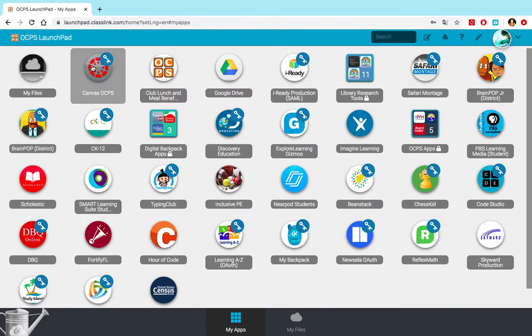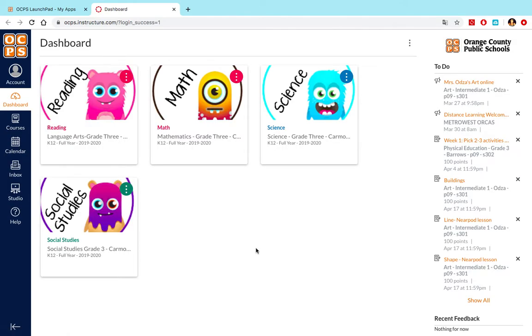Once on their Launchpad, they're going to find the red Canvas OCPS app. Once onto their Canvas, they're going to be on their dashboard, and they should be able to see all 4 of their courses. Every single day should start with reading. So we're going to click into reading,